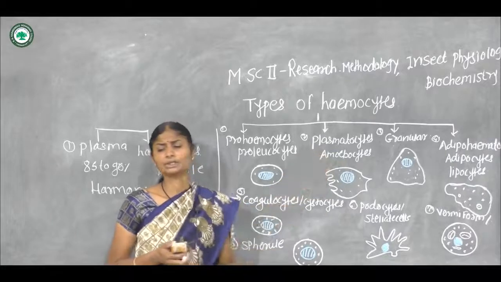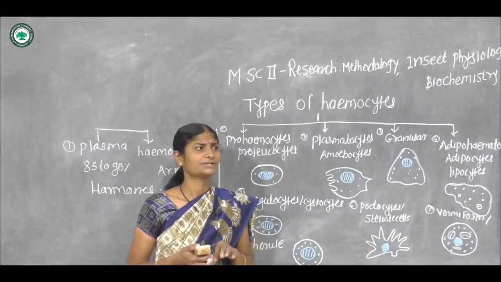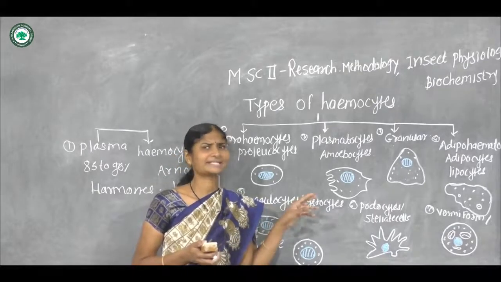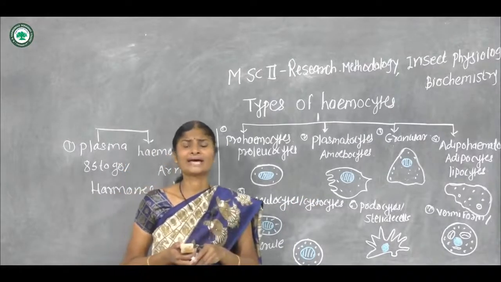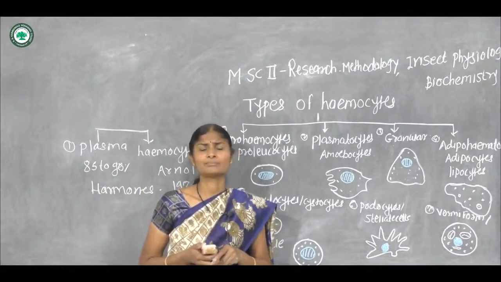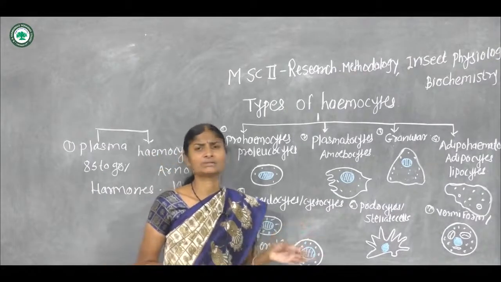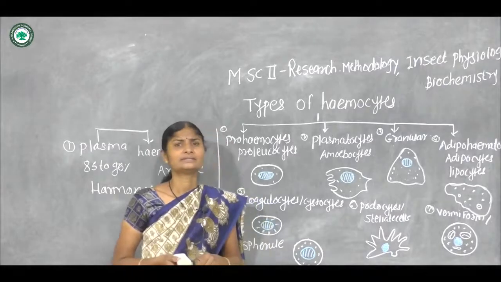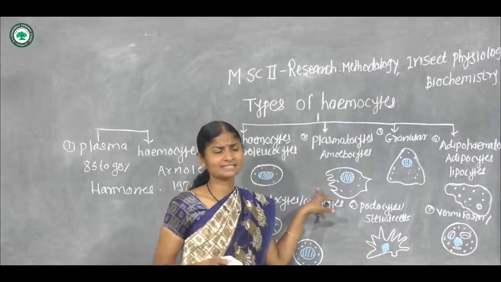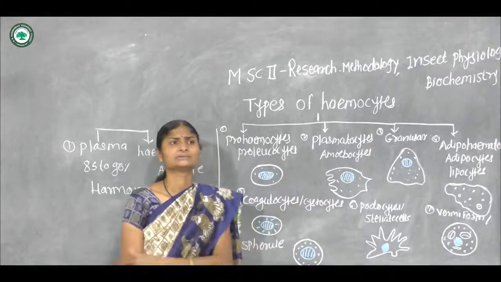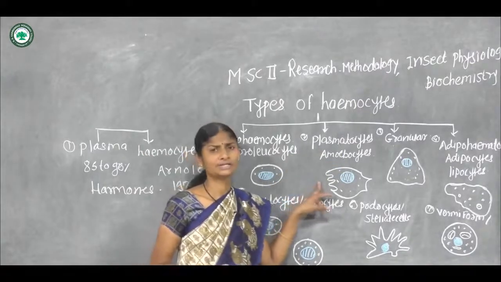These cells are again involved in encapsulation, and this encapsulation defense mechanism acts on metazoan parasites. Surrounding the parasites, several layers are produced. These layers are cemented with the help of intercellular cells, and this encapsulation leads to the death of the parasites. This is again a protective mechanism for defense.